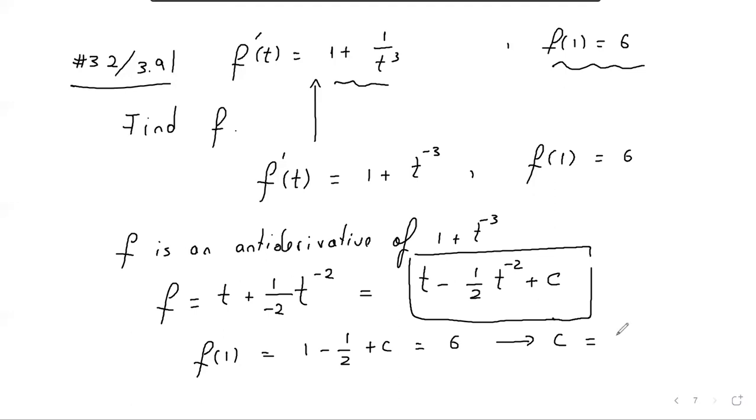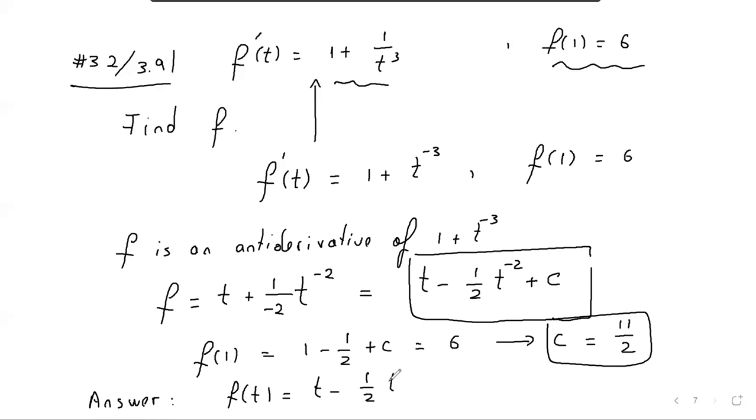All right, folks. So c is 11/2. That's how you find the constant c. And our answer, folks, this is how they get the answer in the book: f of t equals t minus 1/2 t to the negative 2 plus